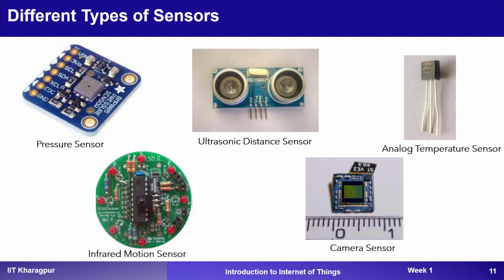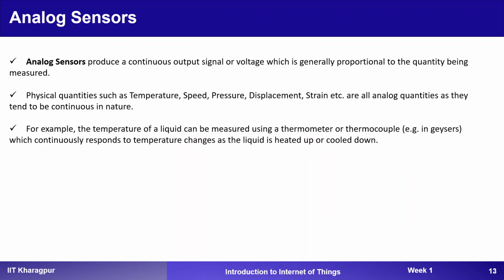And based on the data type, the sensors are classified as your scalar as well as your vector sensor. Now first one is your analog sensor. So analog sensors are the sensors which produce the signals or the output values continuously, and the value is generally proportional to the quantity which